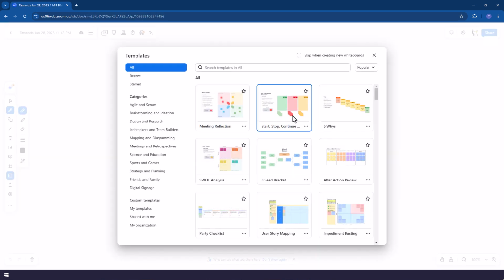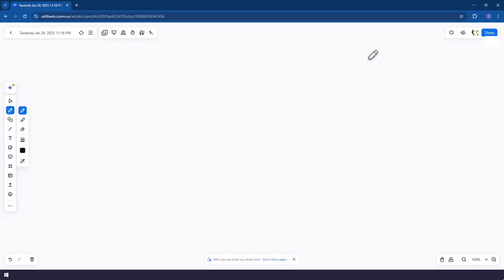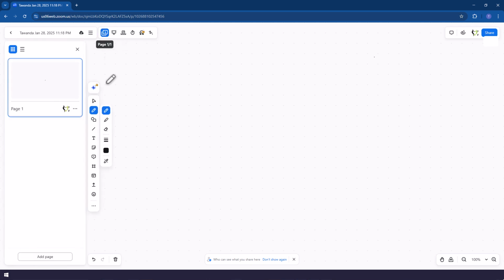So when you start, it gives you an option to say, okay, choose a template, but right now we do not want to choose a template. So whiteboards are more like presentations. They're slightly different because you can then write on the whiteboard during the meeting itself, even before the meeting. So for example, here we have the pages of the whiteboard. So right now we just have the first page that we are dealing with. So I can just write welcome here